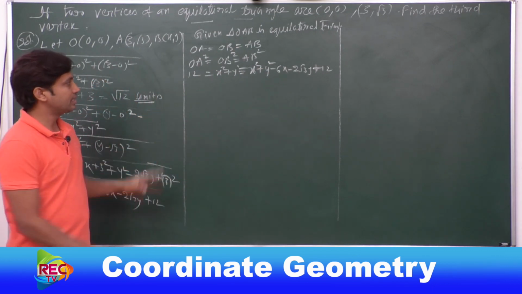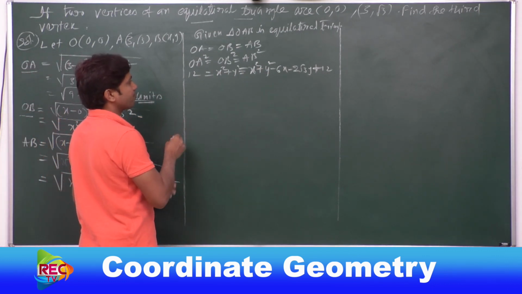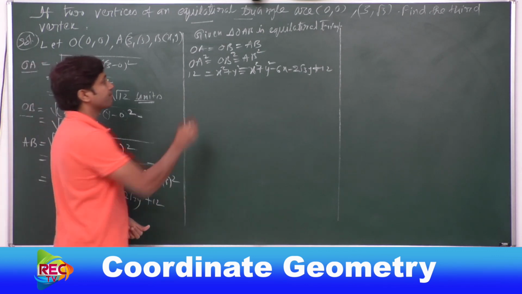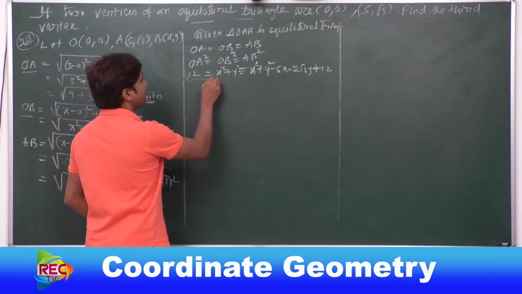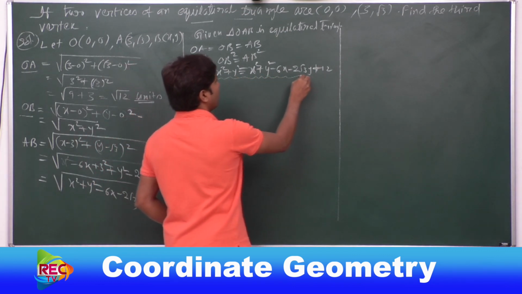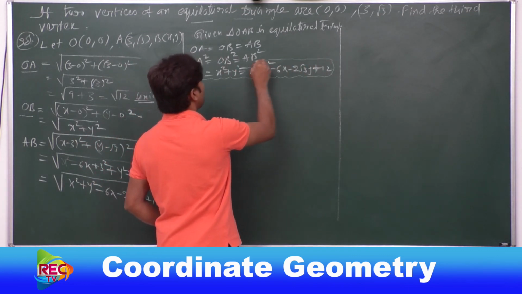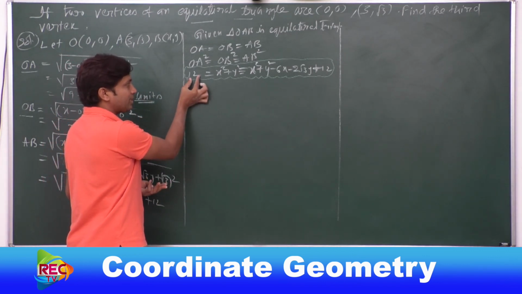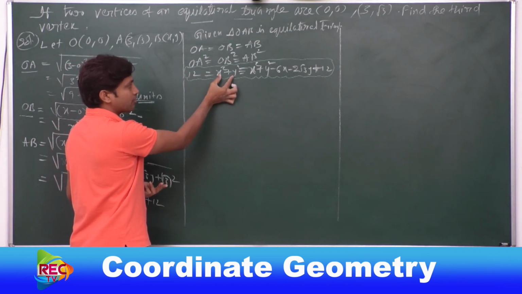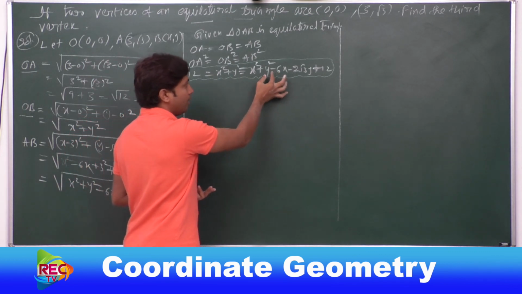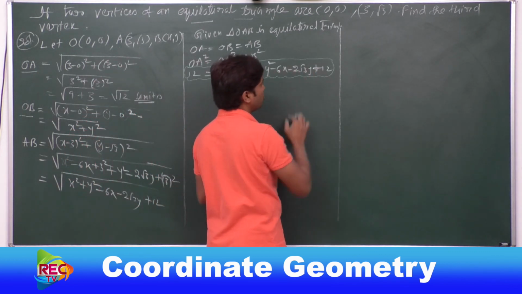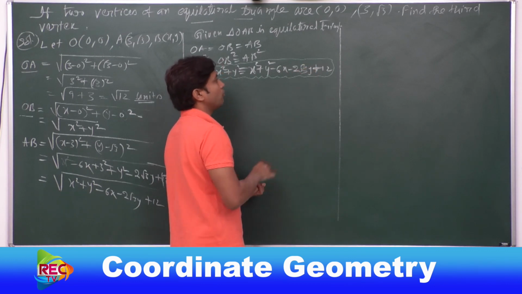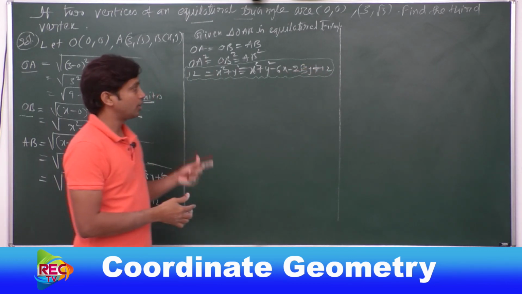Okay, now these three expressions are equal. Now let me highlight this with a different color. Okay, this is the major expression or key point to solve this whole problem. Now we got three expressions equal. 12 equal to x square plus y square equal to x square plus y square minus 6x minus 2 root 3 y plus 12 equal 12.